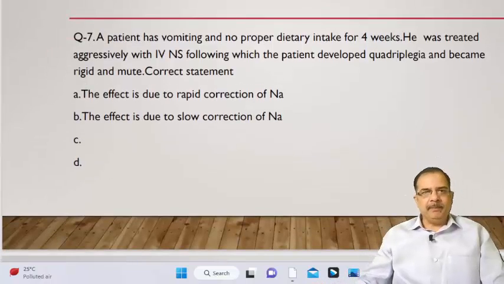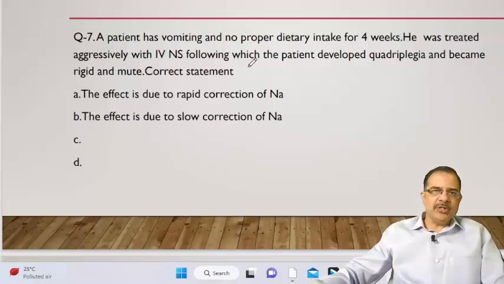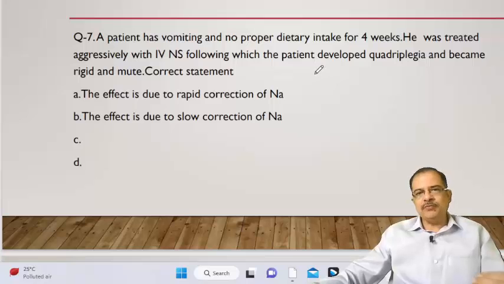Question 7. Patient has vomiting and no proper dietary intake for 4 weeks, treated with IV normal saline, but developed quadriplegia and become rigid and mute. Correct statement. So that means that this patient must have a rapid correction of the sodium, and that has led to a pontine